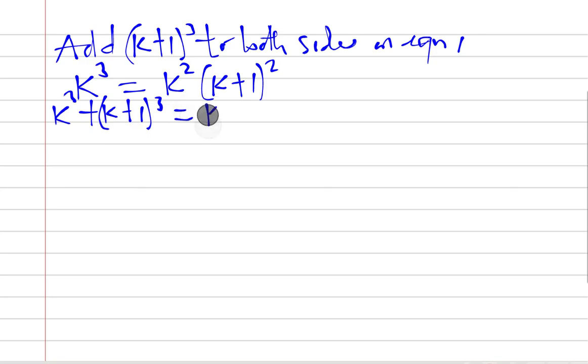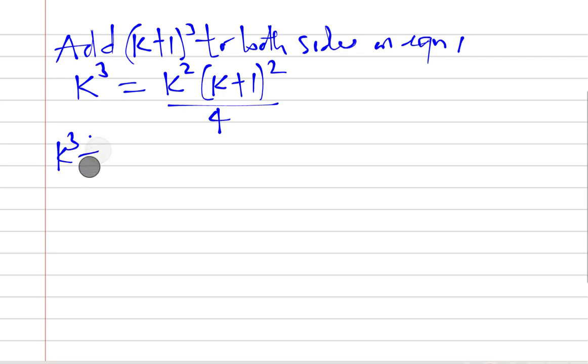Equal to what? K squared into bracket k plus 1 squared over what? Sorry, I forgot to put over 4 in this place. This is having over 4. Yes, this squared, then over 4. So that will now become k raised to power 3 plus, we are adding the k plus 1 now, k plus 1 raised to power 3. Remember, that's what we are adding to both sides,